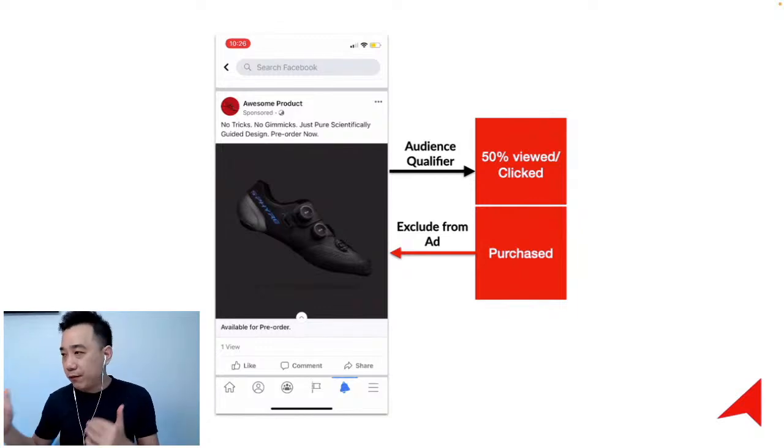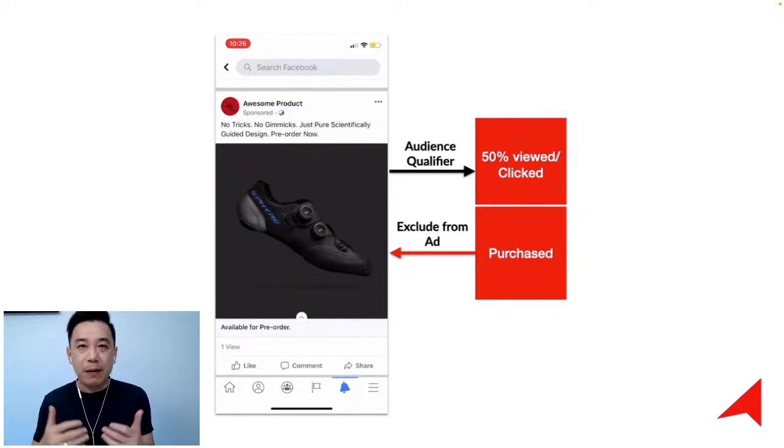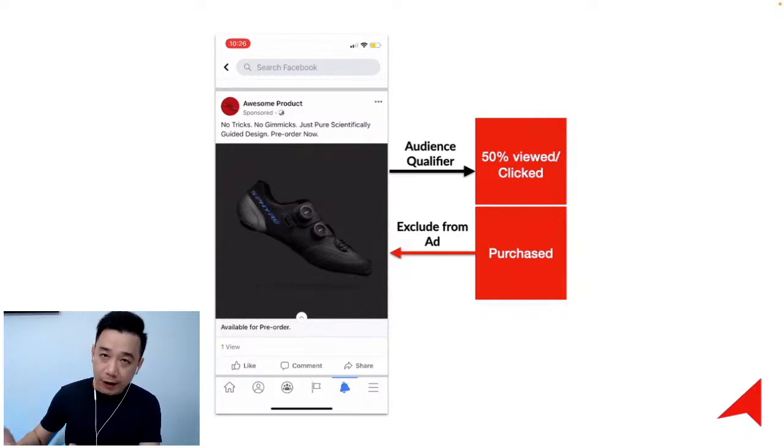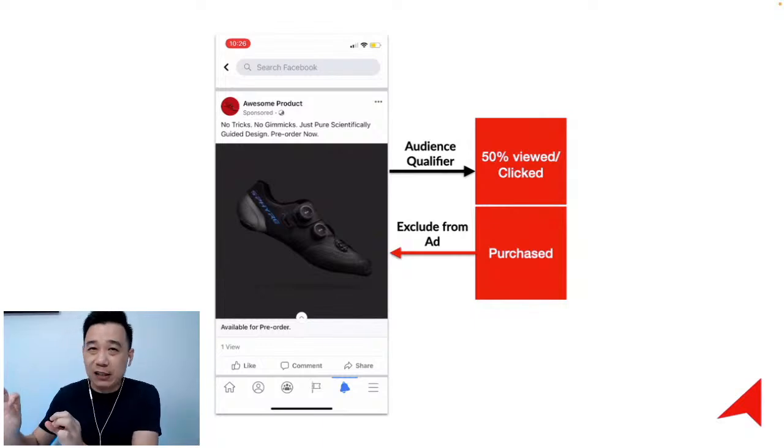When you do this, you'll also avoid reaching back the same audience who have taken action, which is essentially going to waste your ads budget. For example, do you know how to exclude those who have bought from you? Do you know how to exclude those who have submitted a lead? Do you know how to exclude those who have watched 50% of the video? If you do not know, that's something you have to learn right now. Because you want to make sure that those who have taken action will never see this again. You want to free this up to reach as many people as possible.